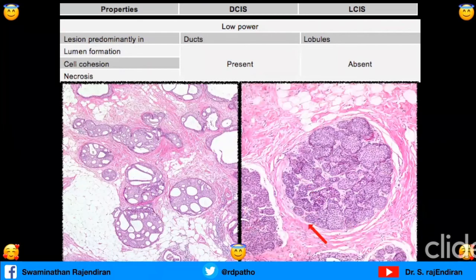See, this is a lobule. All the acini in the lobule are dilated. No normal lumen is seen, whereas here you can see the lumen in DCIS. In LCIS, you never see the lumen. Okay, coming to high power,